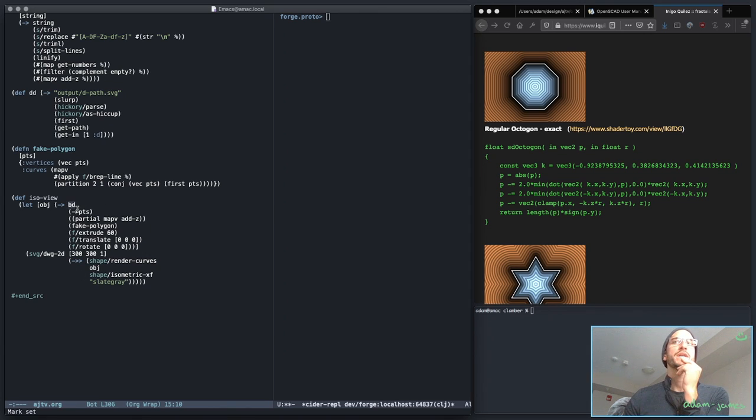This string here is the path for the letter B. What I can do is create this here, this 2 points thing. I actually need to